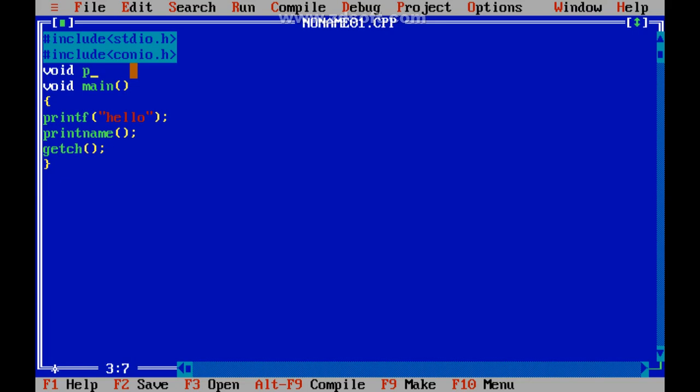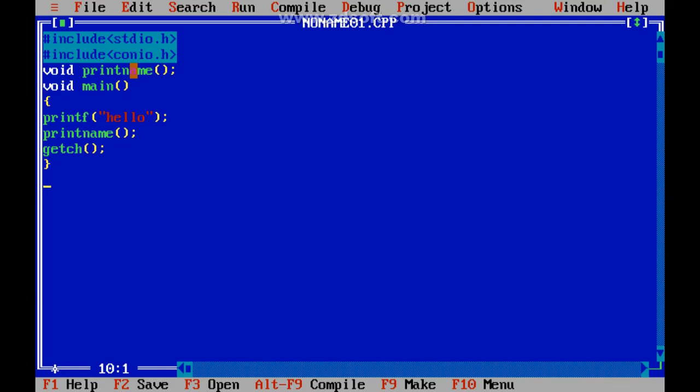Here I am writing void print name. What is this? It is my function declaration. As it is not returning anything and not taking any argument, this function is written as void. It ends with a semicolon and is written globally; the declaration is done outside main.